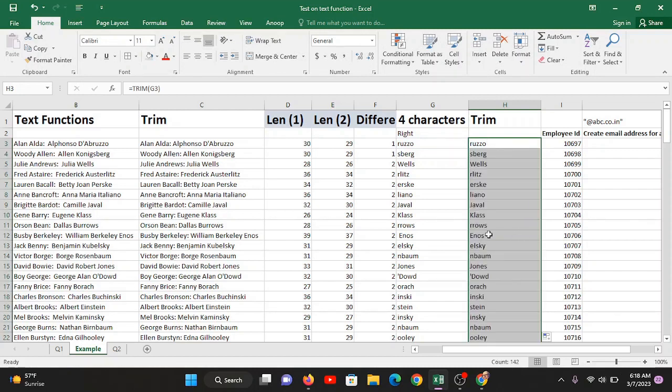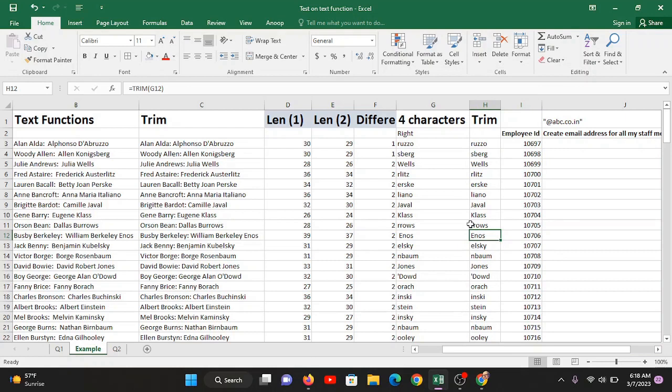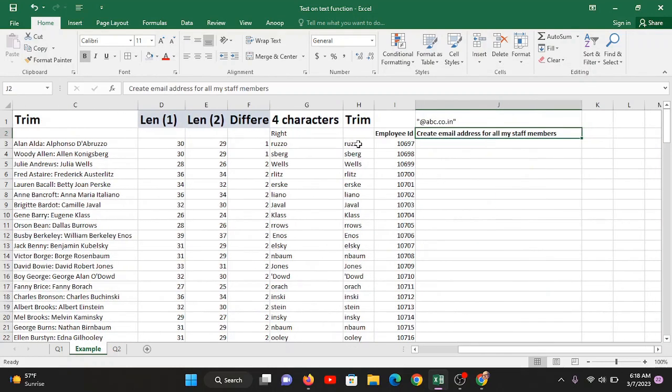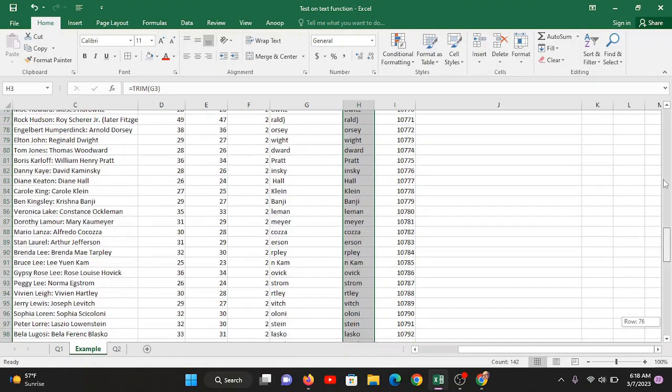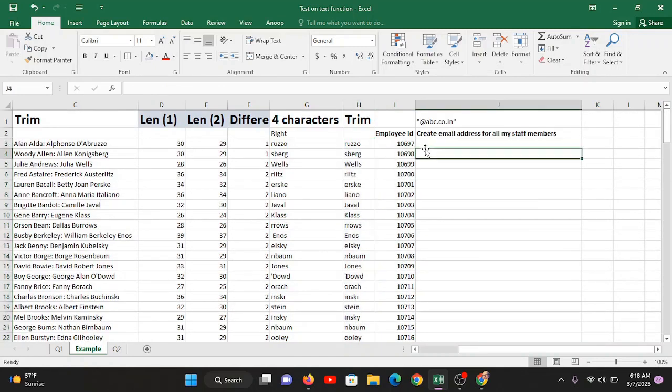You see when I'm doing it, can you see this data and this data? Before Anos, you have a space here. Now there is no space. Actually, in an email ID, we don't have any space, hence I have to do it like this. Now it is very standardized data for the entire data set. How many people? Let me go down. It is a total of 142 people. So there are 142 new joinees in our data for whom we are supposed to create